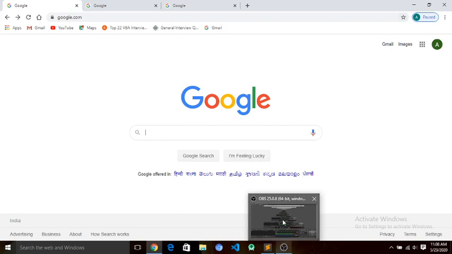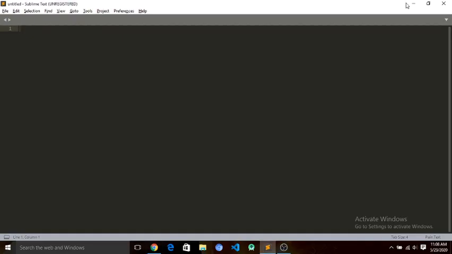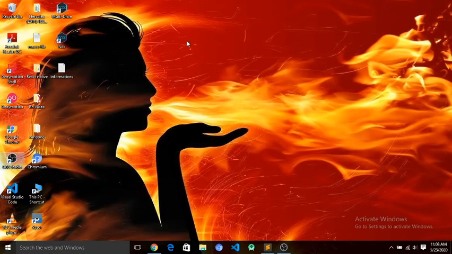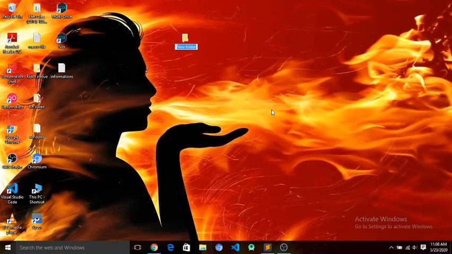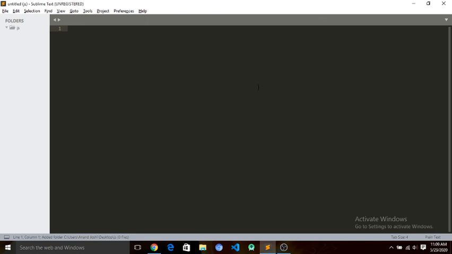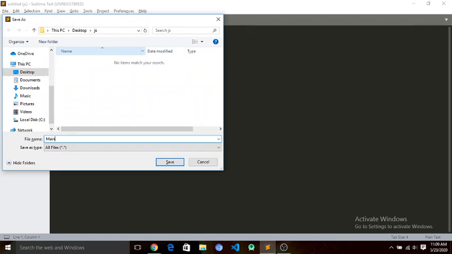So we have installed and opened Sublime Text. We have to create a new folder to keep our files separate. I named that JS, and for adding this folder to the project you can directly drag and drop this folder into the Sublime Text window, and by right clicking you can add a new file. I am adding the first file and saving it as main.html,